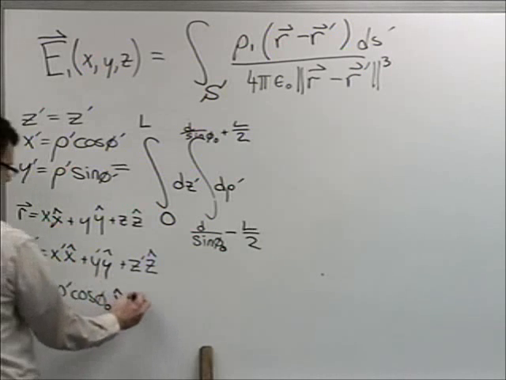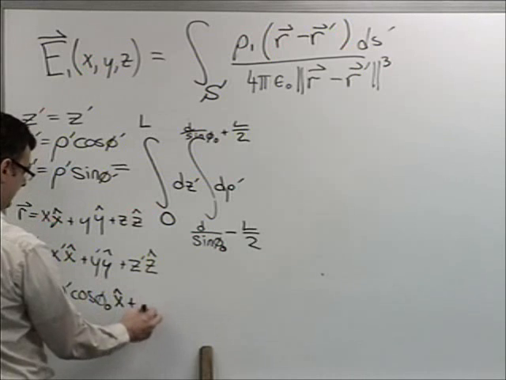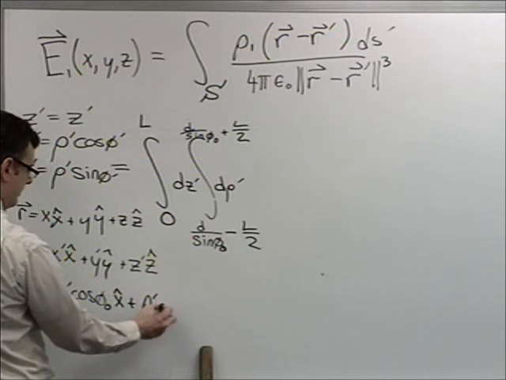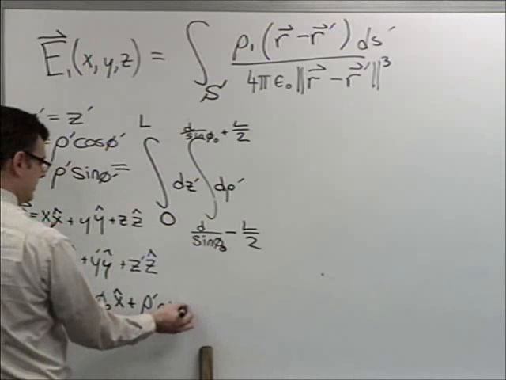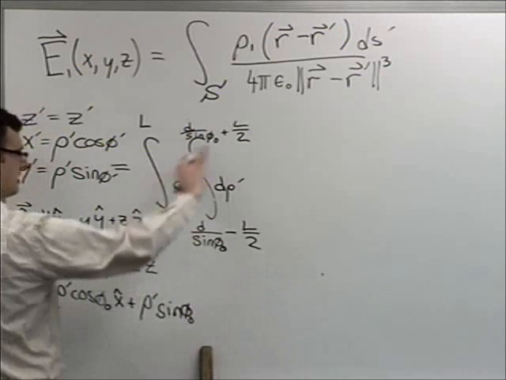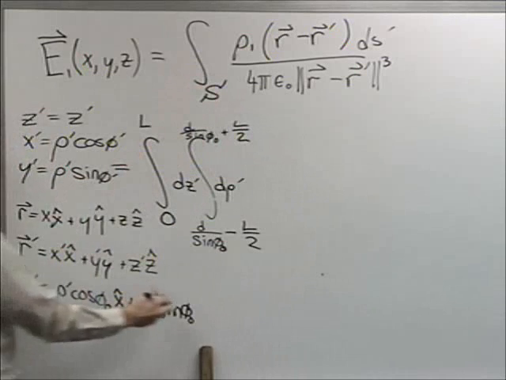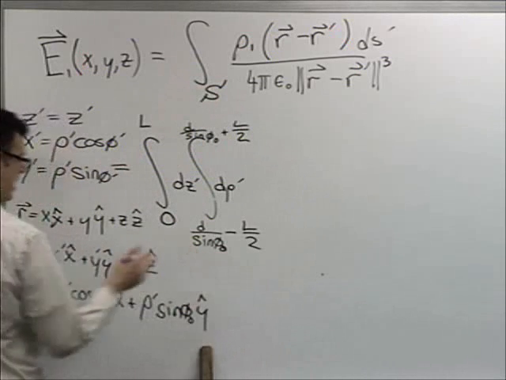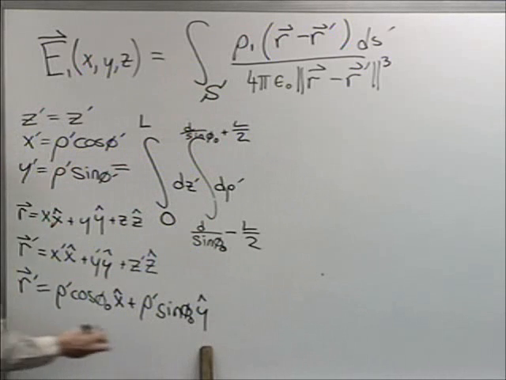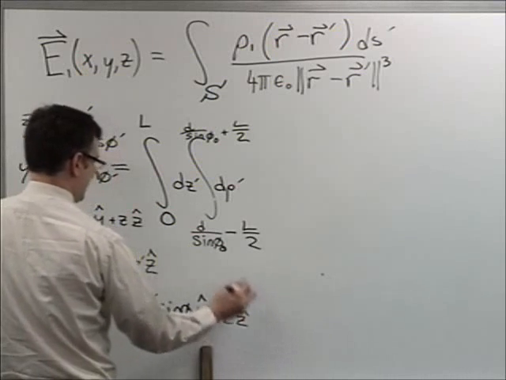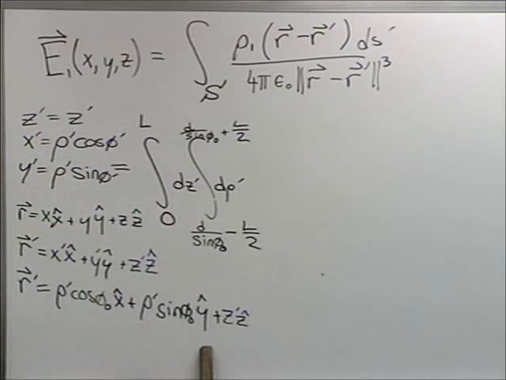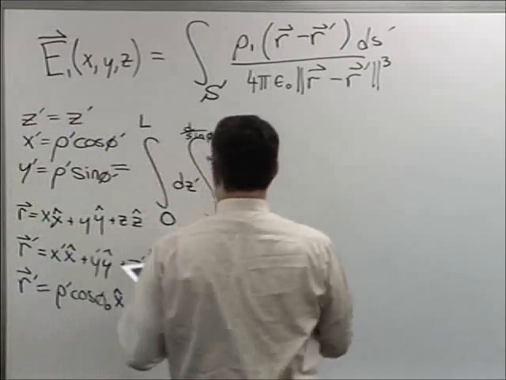Y prime is, again, rho prime, and I would normally put sine phi prime if I was integrating with respect to phi, but that angle is going to be held constant throughout all of this integration. I'm going to stick that on the y hat. And then finally, I have my z prime. Stick it on the z hat. So what do I wind up with? When I plug all this in, my final answer here